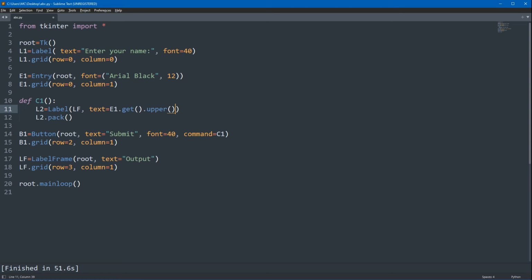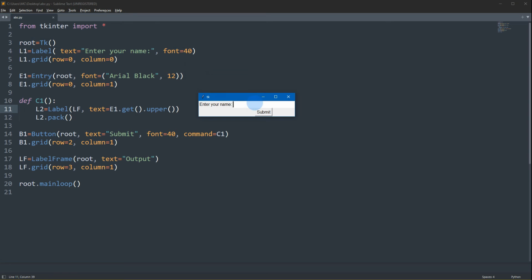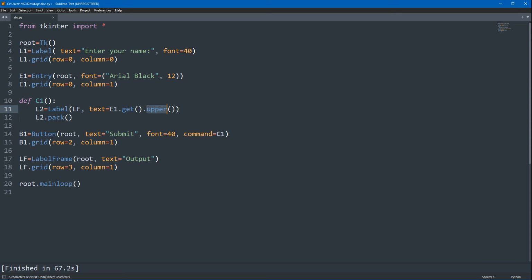Now let's try to run the program. Let's try small letters, ITS info text skill. Then if we click the button submit, observe that the output is being capitalized. The opposite of upper, of course, is lower, to have small letter characters. So that's it. I'll be removing this. I want the default one.